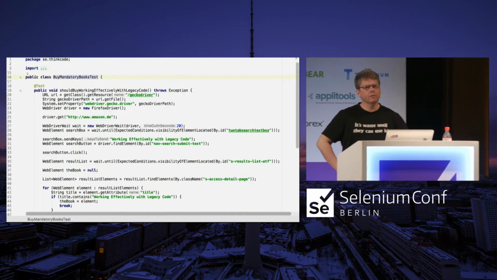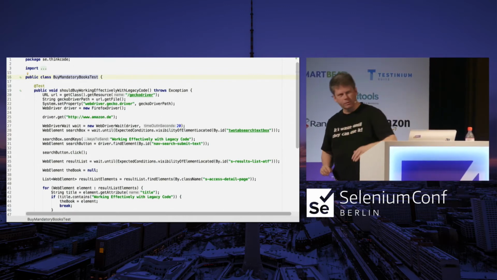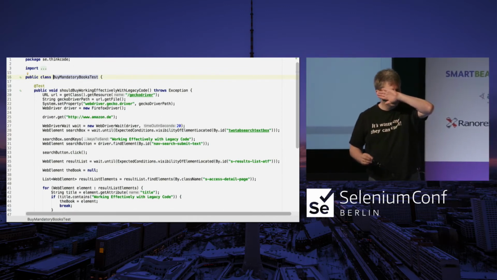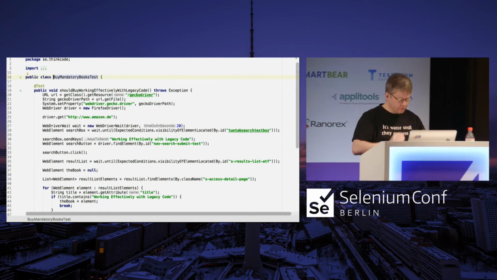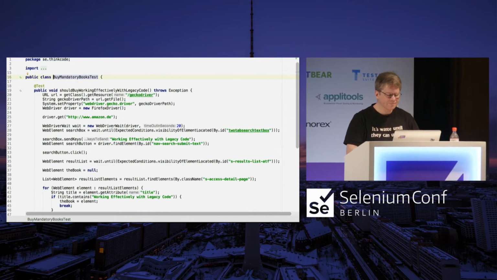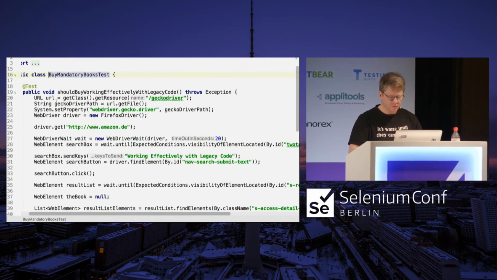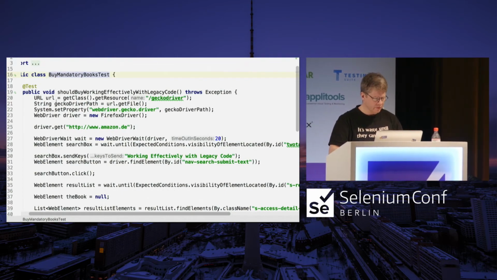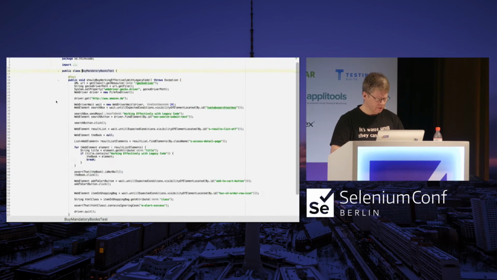Are you in the back able to read? And if you are, I can't even see you, so please raise your hands if you are. No, you can't read. Okay, then I'm sorry. I'll try to focus a little bit more, but I can't do that too much, because then we won't see all that we would like to see. So I will have to zoom out a little bit to be able to see the entire test method.